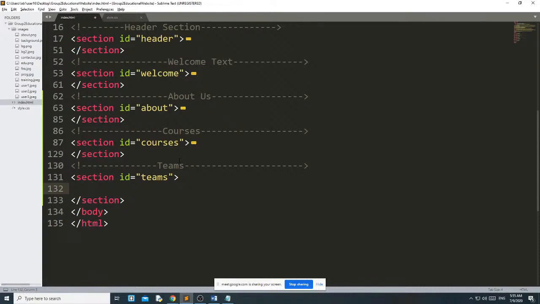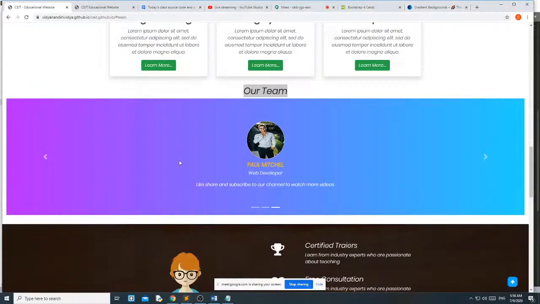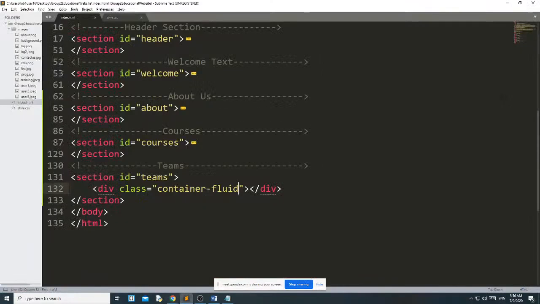Then in this section we will create one container. Okay, then div class container, but here I will use container fluid. Why? Because you can see that this is taking the complete screen size. That's why we are going to use the container fluid.